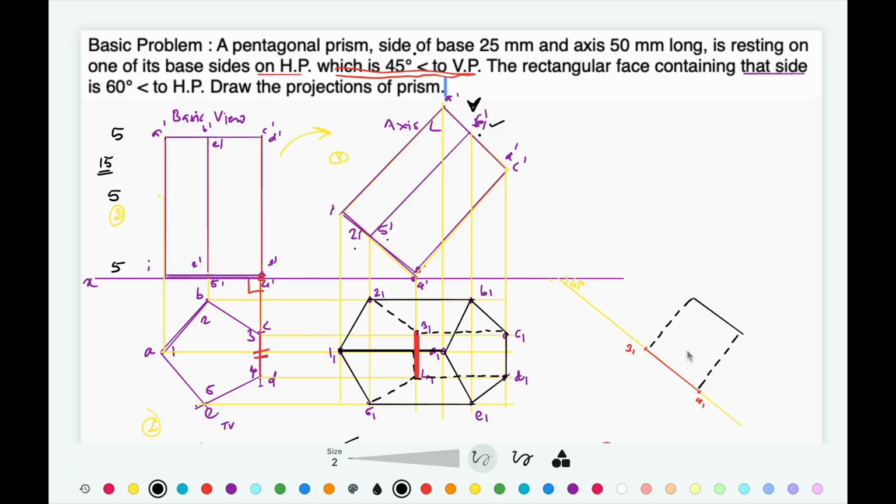There is one corner over here, one corner over here, one over here, and one over here. So these two are visible lines, these two are visible, these two are outermost lines,